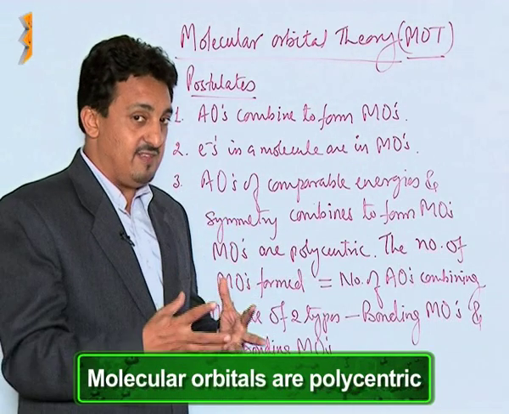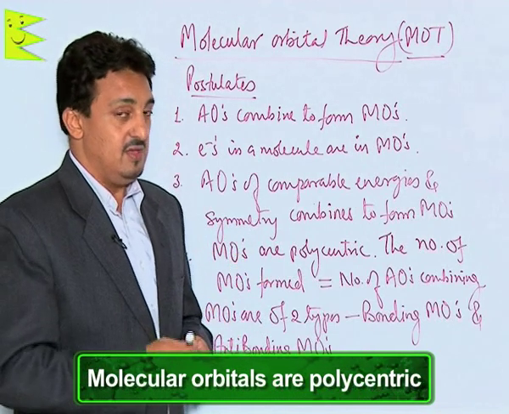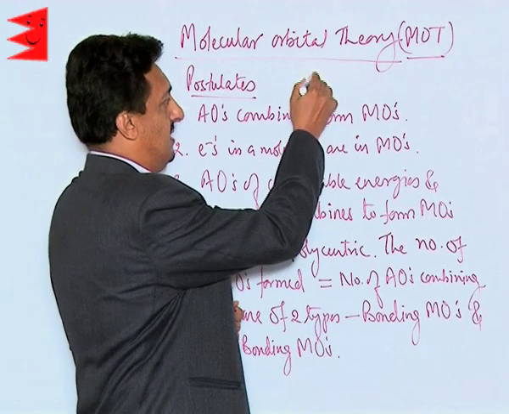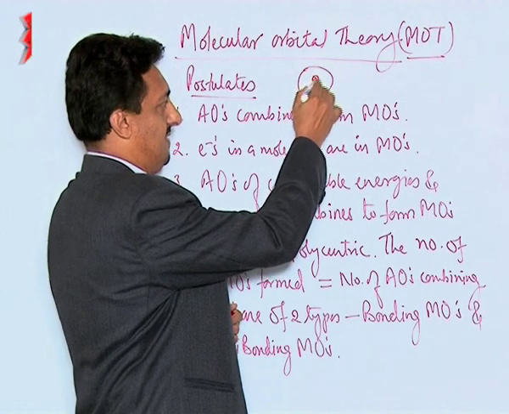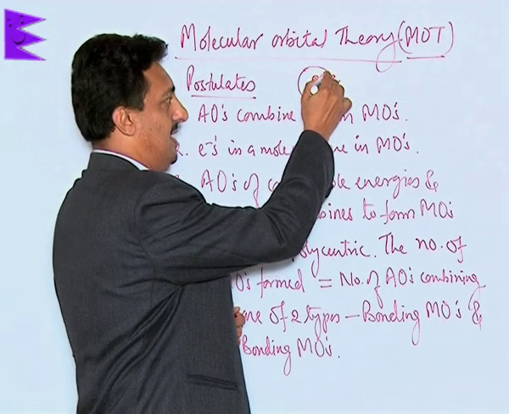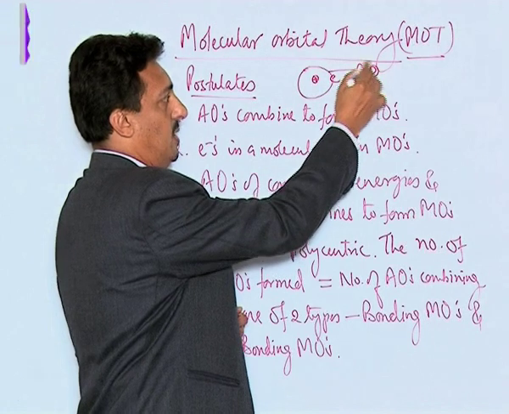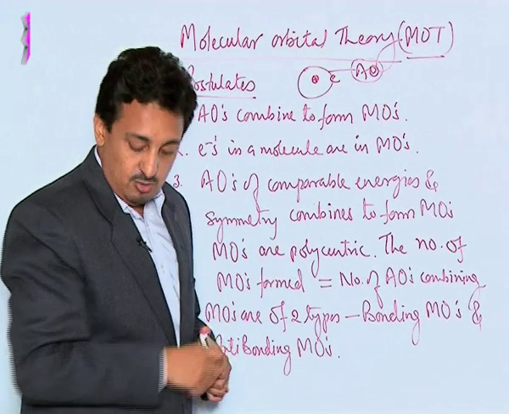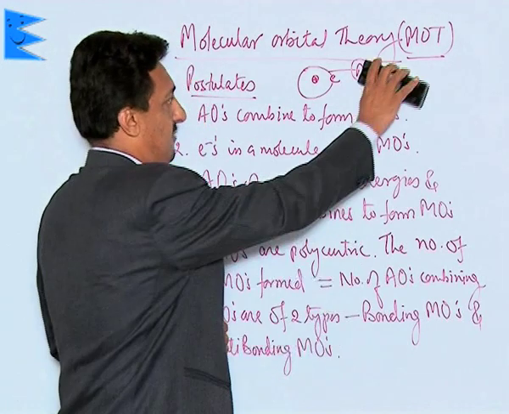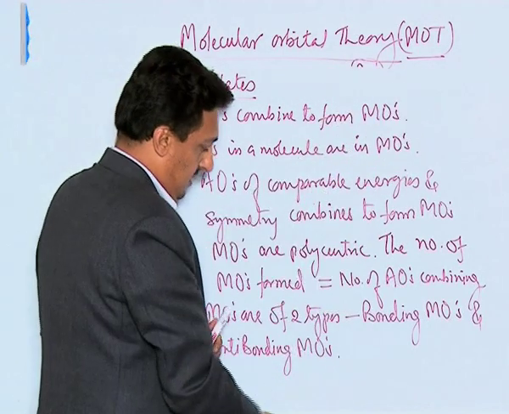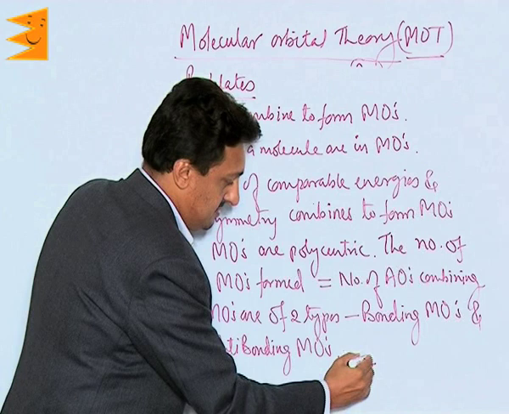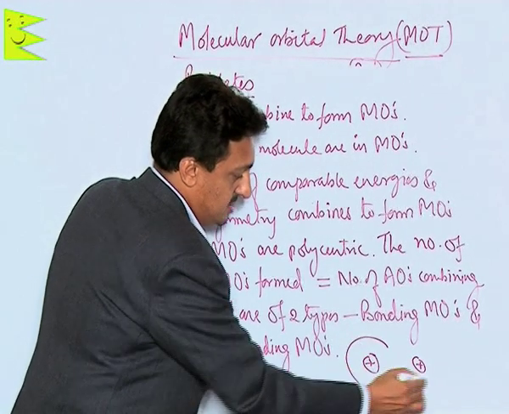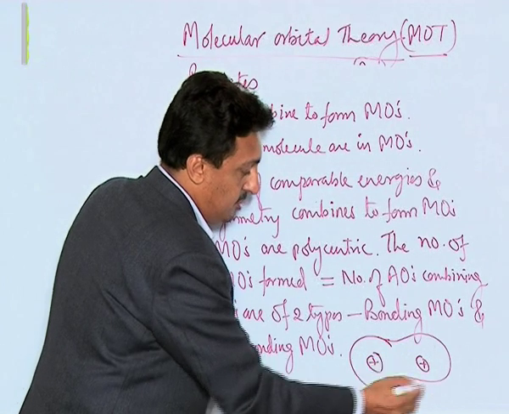Remember, they are polycentric. In a normal atom, the atomic orbital is monocentric. It has only one nucleus. But the moment they form a molecule, if there are two nuclei, definitely the two atomic orbitals combine to form a new path, a new orbital